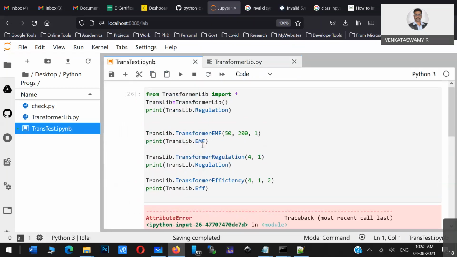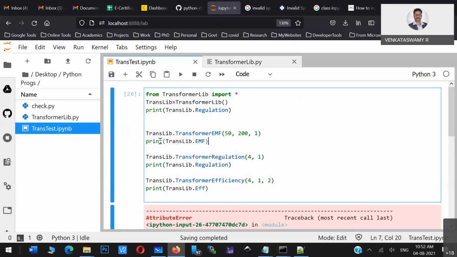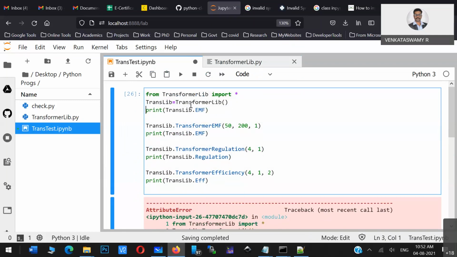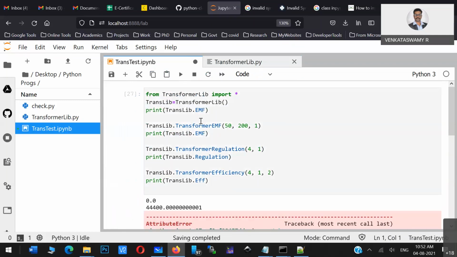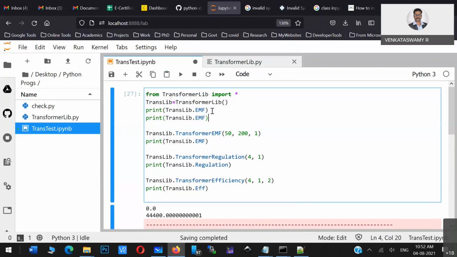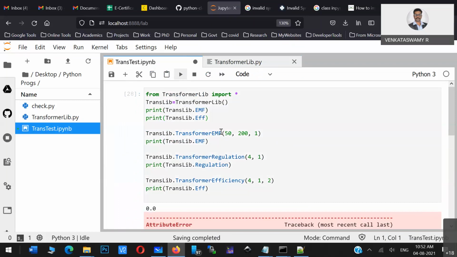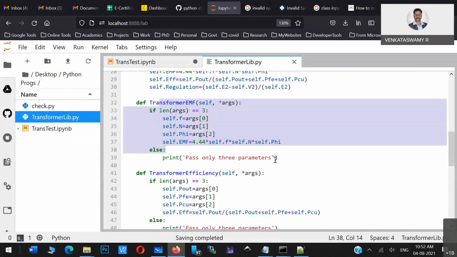So this one, it is printing. Okay, so EMF, hopefully this is printing. So 0, 0. So EMF is printing, but the efficiency, it is not printing. Efficiency.